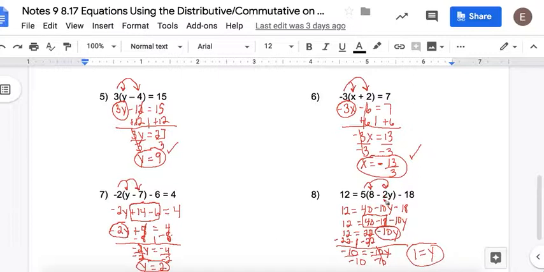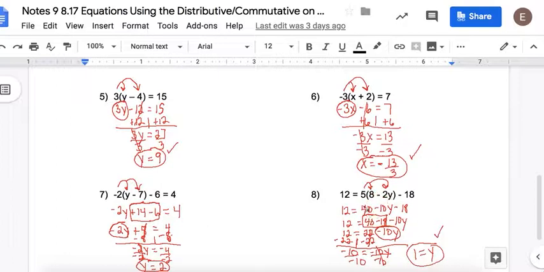Now remember, to check this, I would do 8 minus 2 times 1, which is 6. And then 6 times 5 is 30, and then 30 minus 18 is 12, so it does in fact check. So make sure when you're checking ones with parentheses that you hit equals after you do the parentheses before you multiply by the number